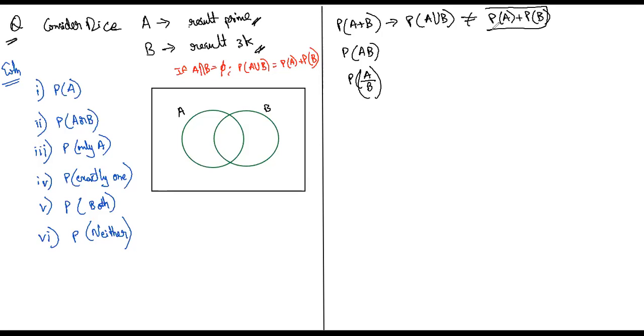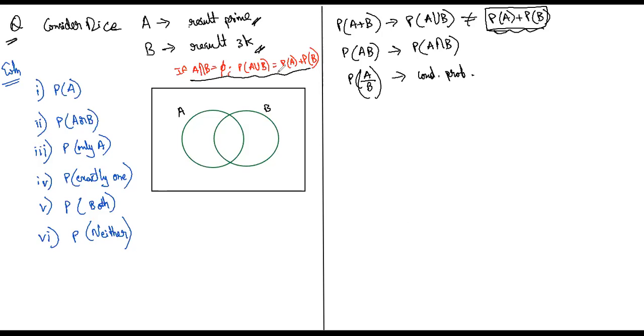When will this happen? You tell me. ये कब होगा? When will the union be the sum? When they're mutually exclusive. Similarly, A into B is one more way of representing the intersection. And this is conditional probability, जो आज सिखाएंगे. Conditional probability, which I'll be teaching today. So if you come across this somewhere in some material or on the internet, this is what the meaning is. Anyway,